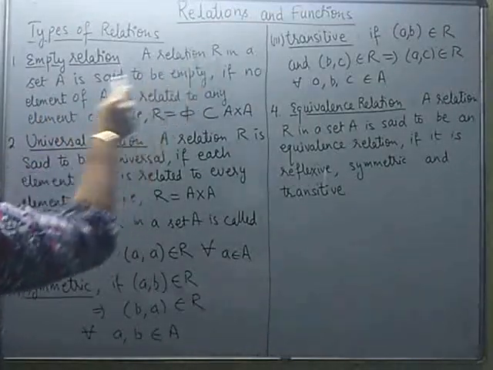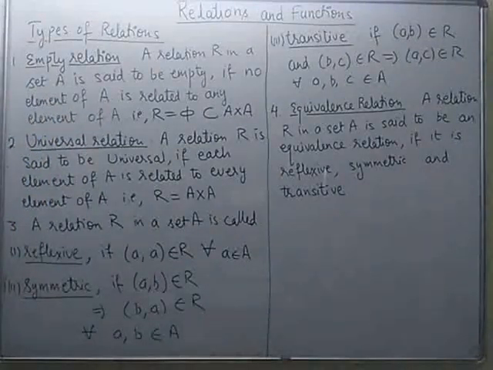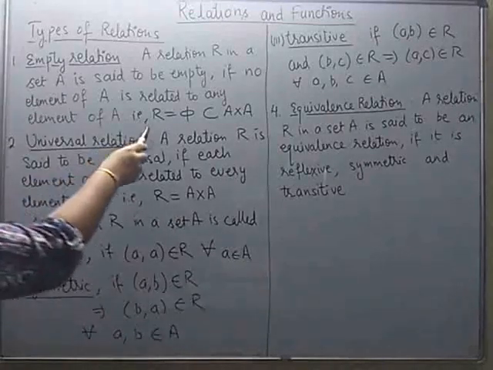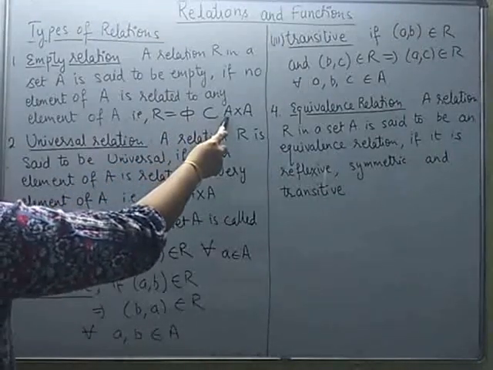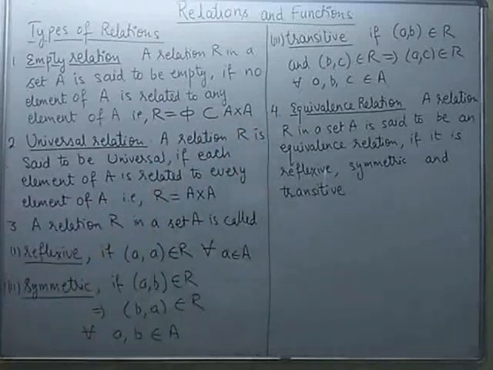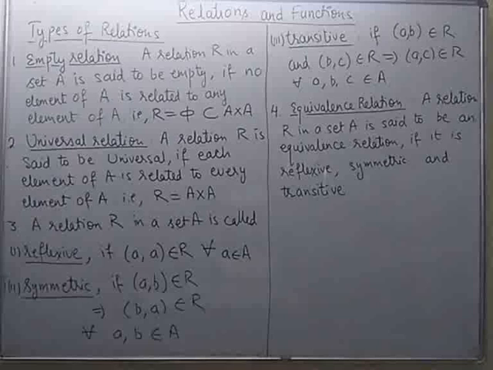It says a relation R in a set A. When we say a relation R in a set A, that means we are establishing a relation between the elements of A with the elements of A only. So in the set R, we will be getting ordered pairs which will be consisting of elements from the set A only. You are aware relation is always a subset of Cartesian product, because we will be establishing a relation from set A to set A only. That is why the elements of set R, which is relation, is an ordered pair.